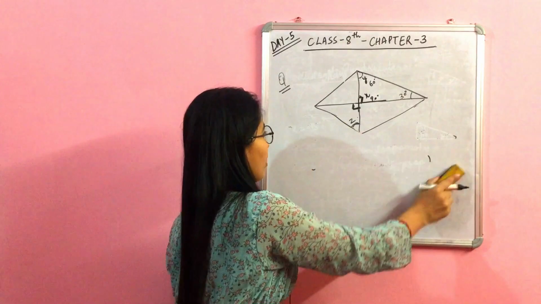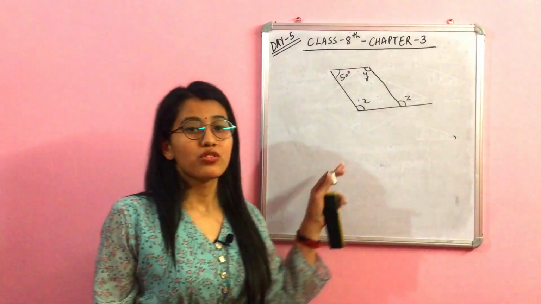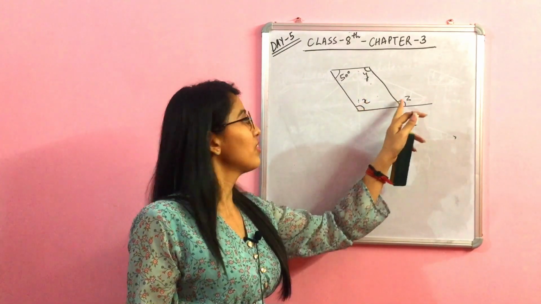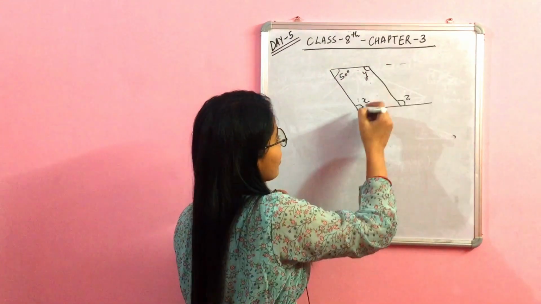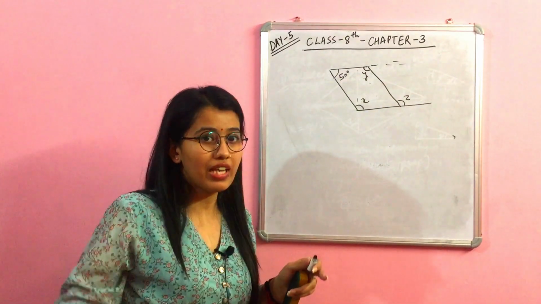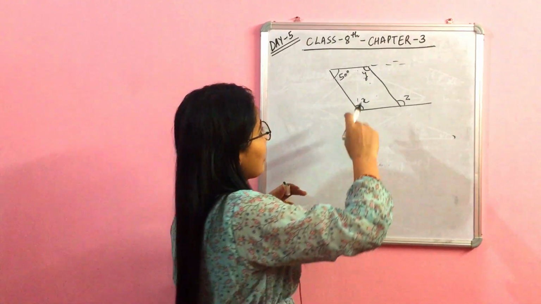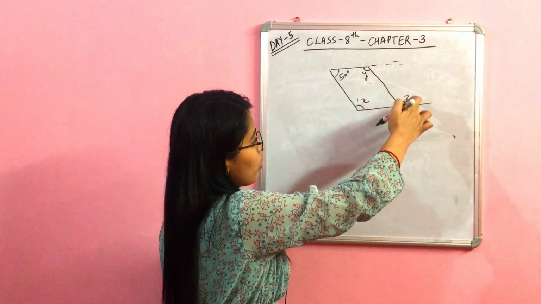Okay, now let us take one more example. This is another example where we have to find the interior angles as well as the exterior angles. Now if you see clearly, these two lines are parallel to each other, right? This is a parallelogram. In a parallelogram, opposite sides are equal to each other, right? So we can say that with the adjacent property, this y will be equal to z.